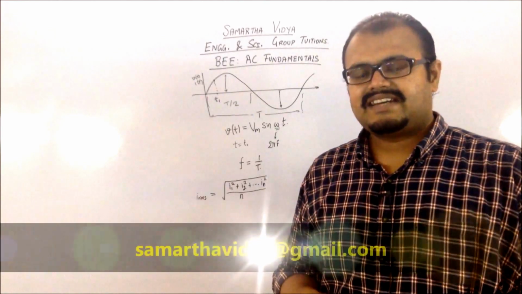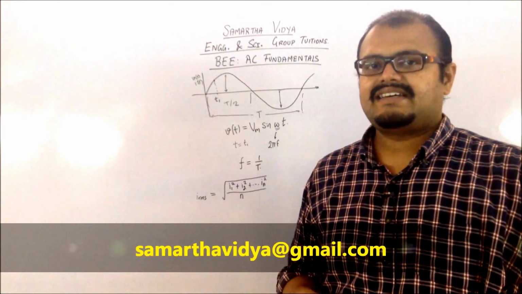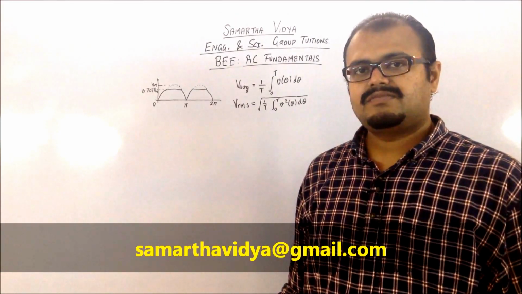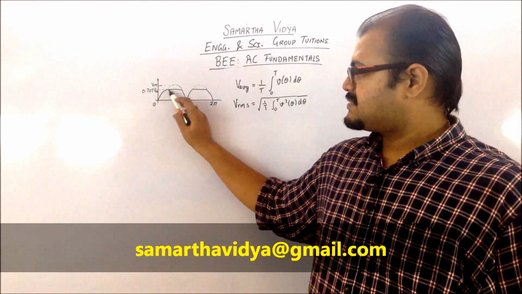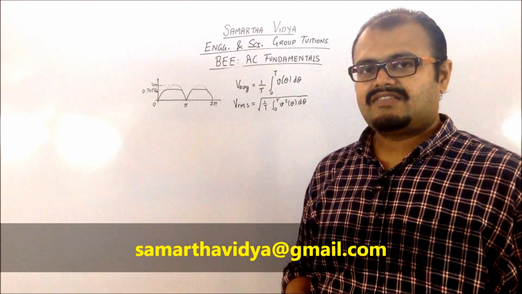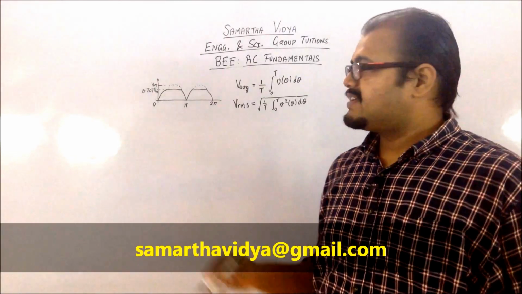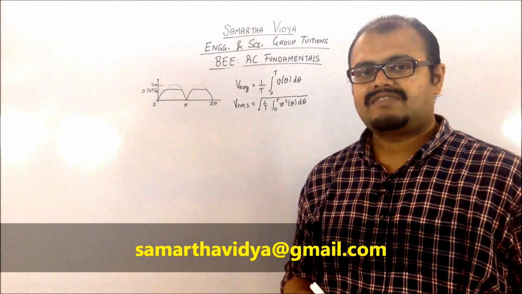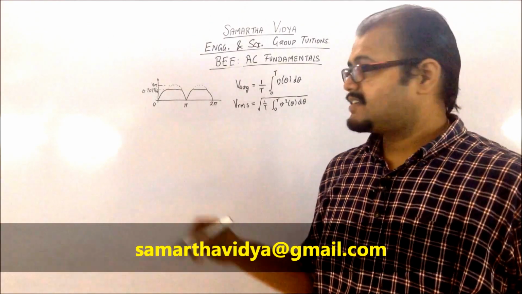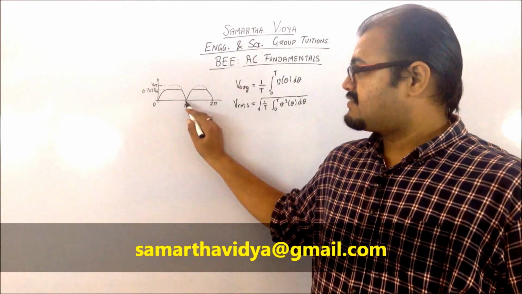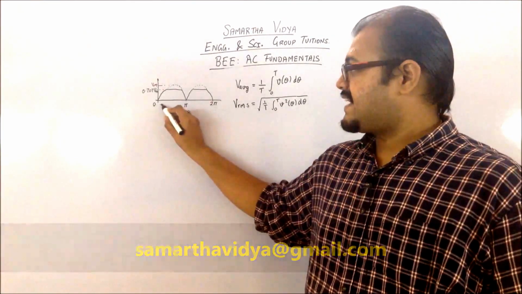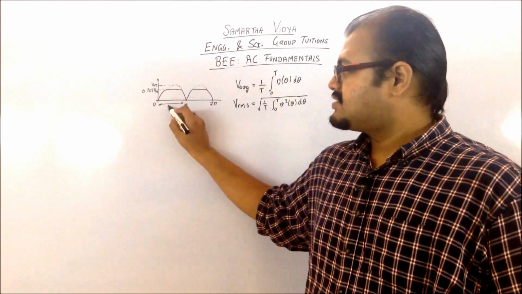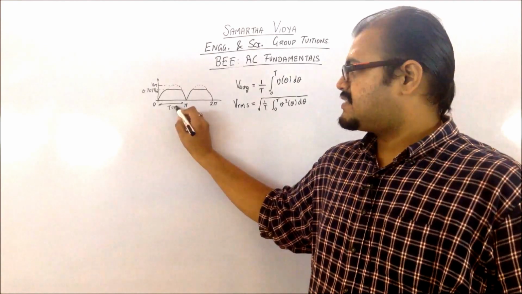So let us try to understand how to calculate the average value and the RMS value of a particular signal. So let us take this particular signal which is given to me. You can see that this particular waveform is nothing but your half wave rectifier circuit, which is being clipped off at 70% of your maximum value. After analyzing the signal, what you can see is that the signal is repeating after every pi. So that means the time period of the cycle is from this point, that is 0 to pi. So the time period is equal to pi.